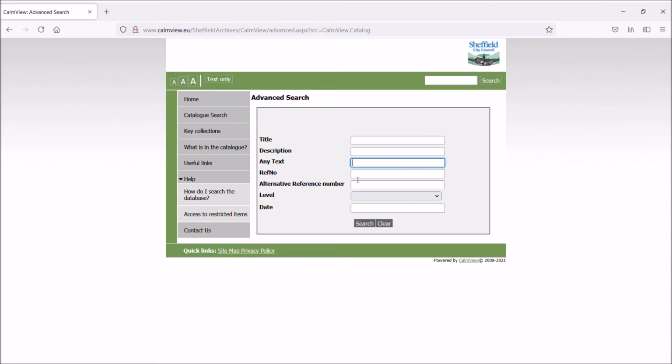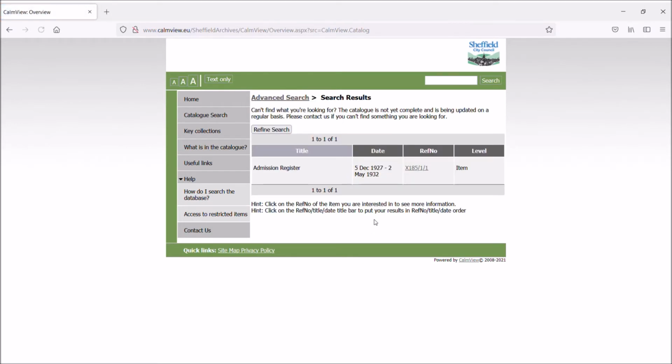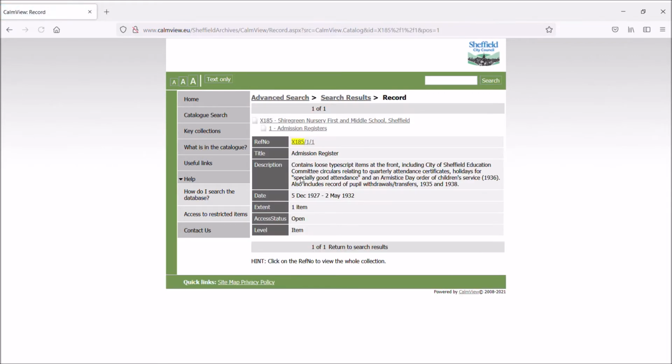If you know the reference number of the item you're interested in, you can search for it direct in the ref number field. So for instance, if we search for X185/1/1, we go direct to this particular admission register, and if you click on the result, again there'll be more information with the reference number here, then the title and description and dates, etc. And from here you can click on the links above.